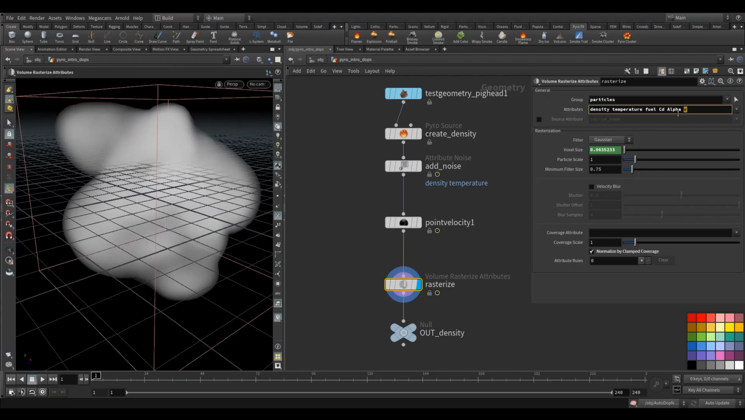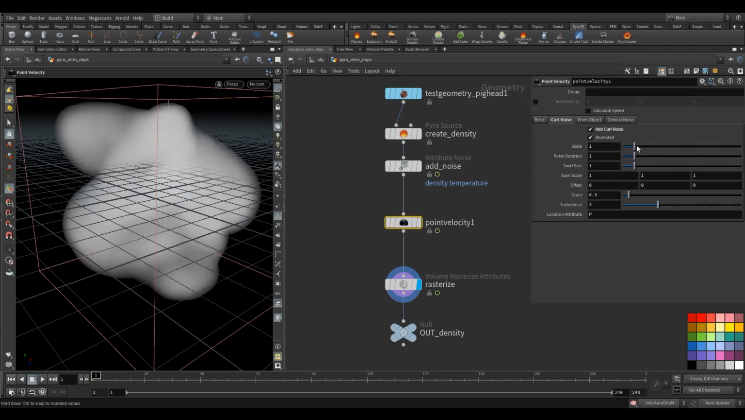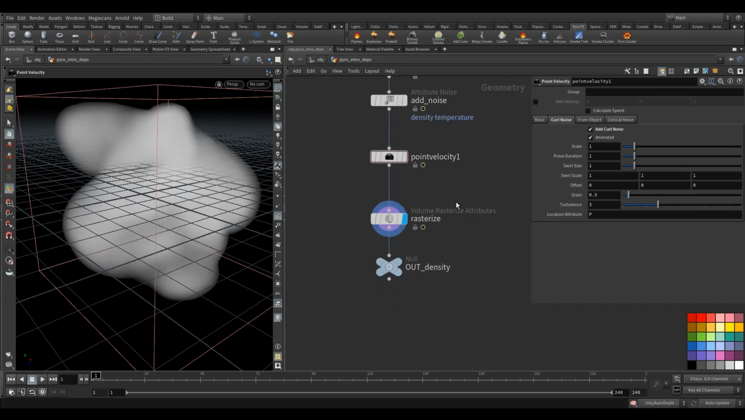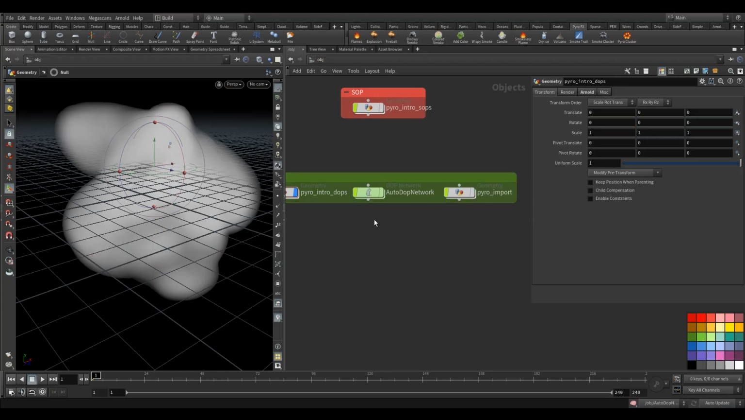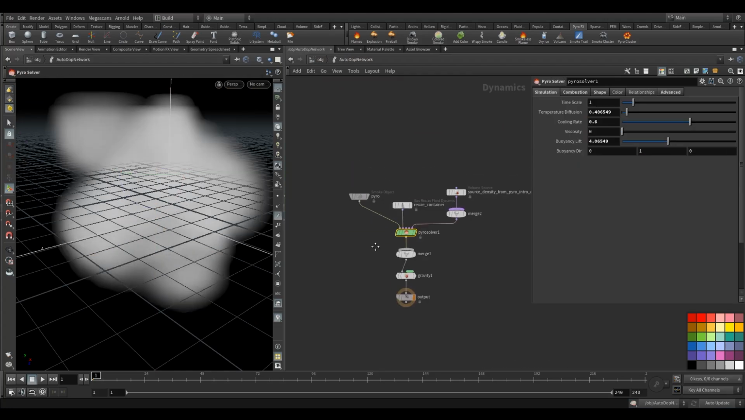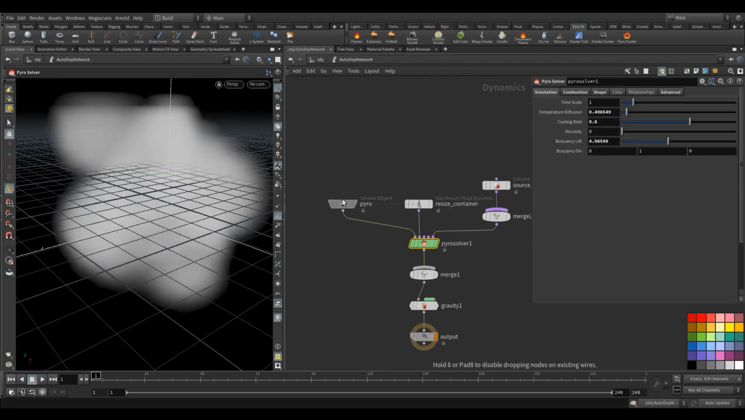Now, if I delete that, see there's a little bit of a change there. Maybe if I push up the scale, you can see it a bit more. All right, we'll come back to that if we don't see the results in the simulation. And that goes there, we have a null, and then that is sourced into our DOP network. Dive inside there. So in your DOP network,